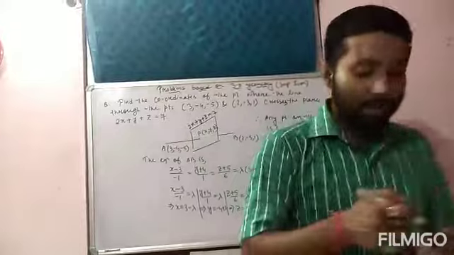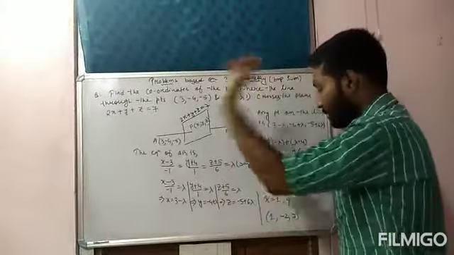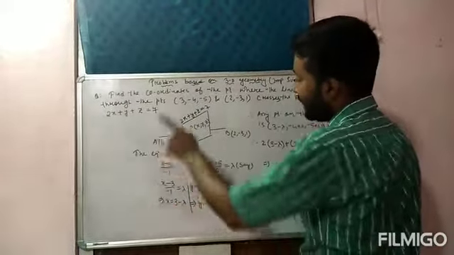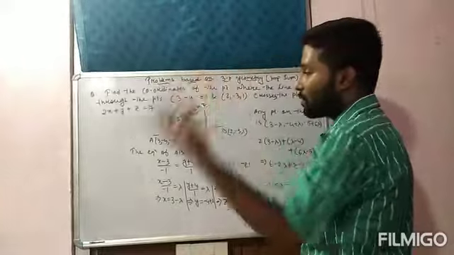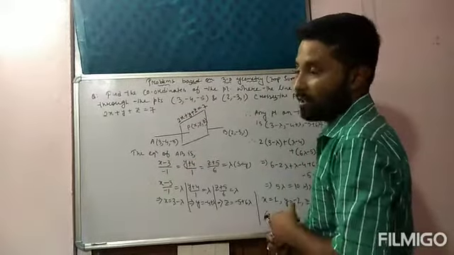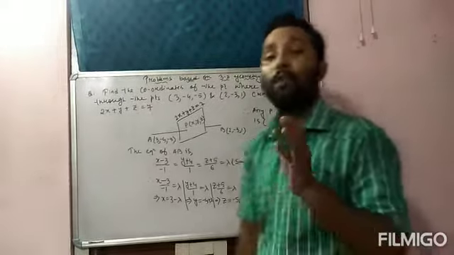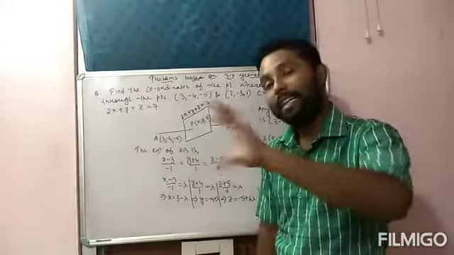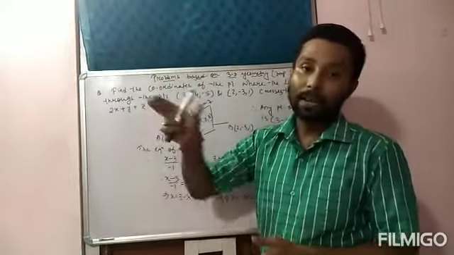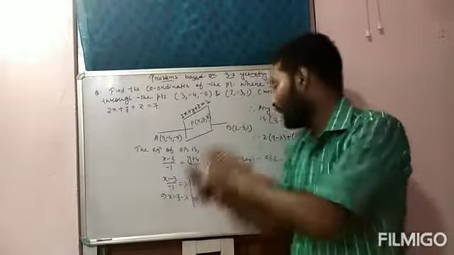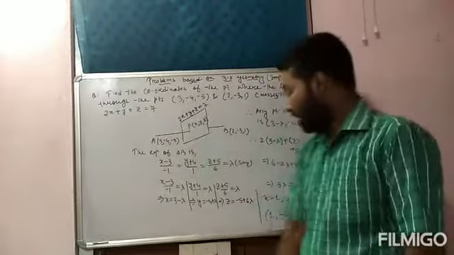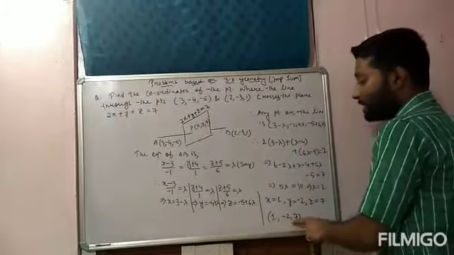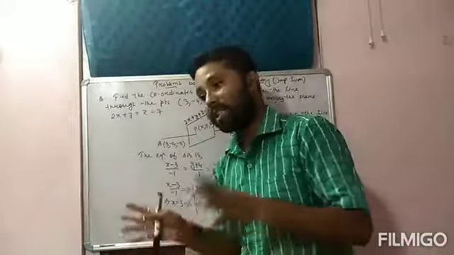Okay, same way you have to solve these questions. Like the previous question, the procedure is almost the same. The only difference is that here the equation of the plane is given, whereas in the previous question the equation of the plane is not given. So that's why you should know the equation of the yz plane, zx plane, xy plane. Sometimes the equation is not given, only the name of the plane is given, so from the name you should know the equation. Then only we can find the coordinates of the point. So the coordinates of the point where the line crosses this plane are 1, minus 2, 7. This type of question is very, very important.